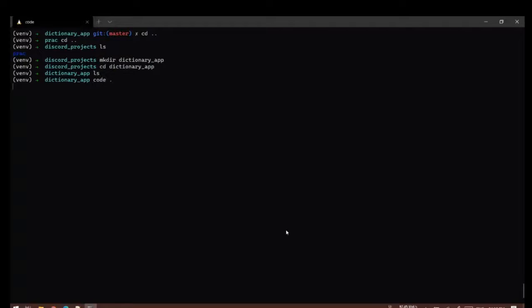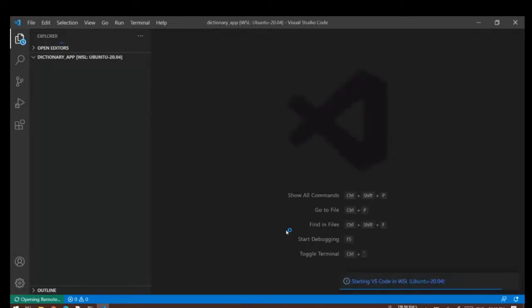So I'll start Visual Studio Code here. Okay, so there are no files here.